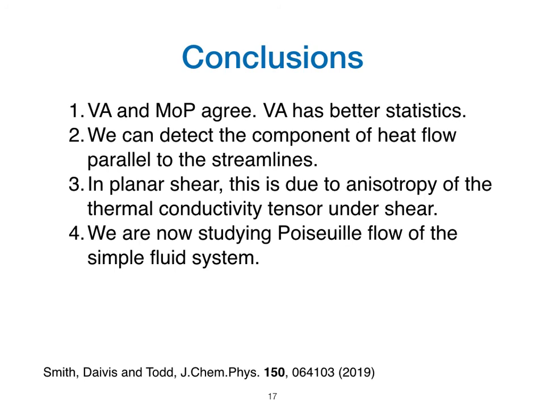In planar shear, the anisotropy of the thermal conductivity tensor is due to the distortion of the pair distribution function under shear. And we're now looking at Poisson flow so that we can look at the curvature dependence of the heat flux vector. So thank you for your attention,